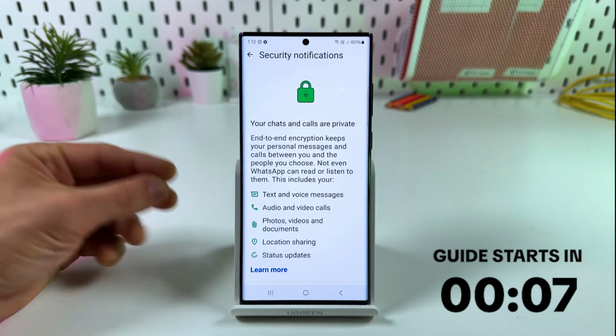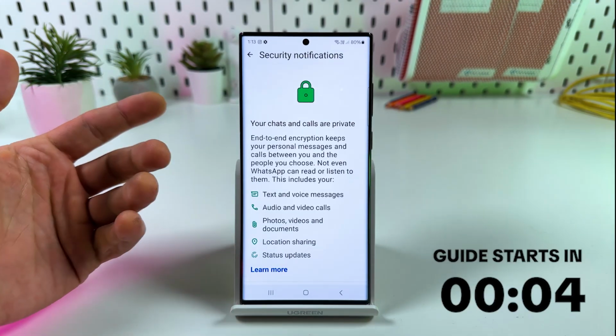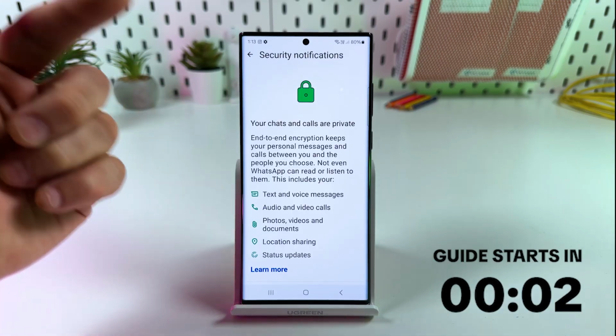Hi guys, let me show you how to check your WhatsApp login activity and protect your account from unauthorized